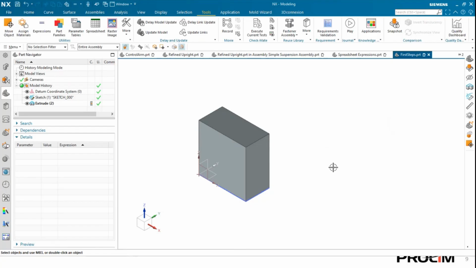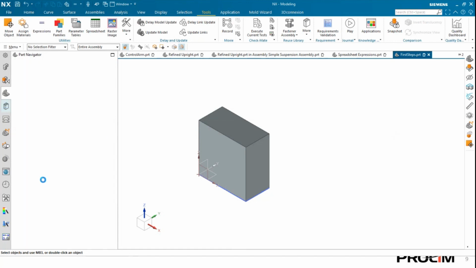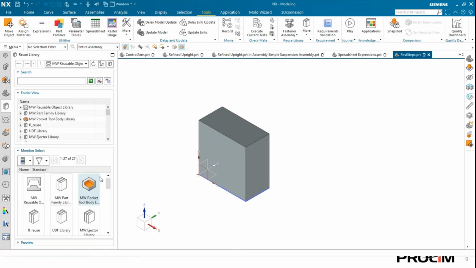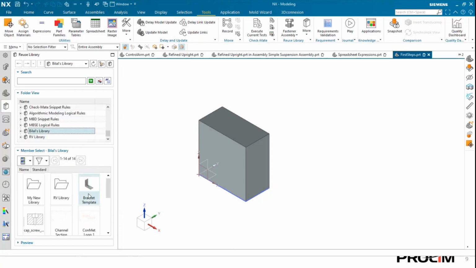But here's one example, which is a feature template. Now I'm going to use my reuse library, and in my reuse library, because let's say this is a standard part that my company creates, I have created a feature template. What is it? We have a whole tech talk by Ryan Dillinger on this. In fact, I believe he posted it a couple months ago, and it's still pretty up to date. Well, it is up to date, and I would say it's good content